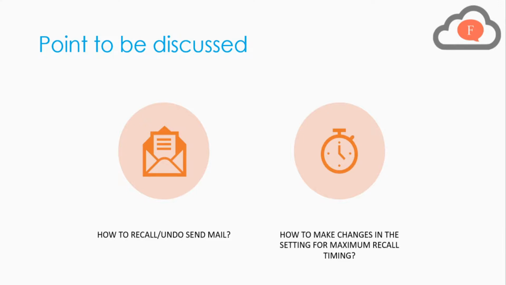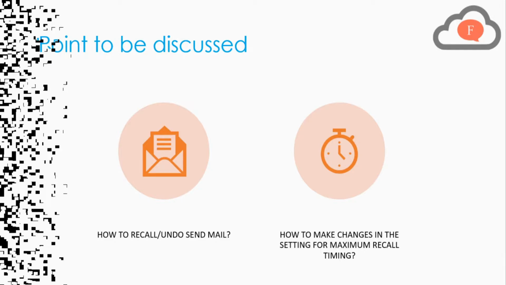So these are the two main components that you should know of, and this is the least known feature that most people know in Gmail, because certainly sometimes you send a mail to your boss or certain mails to any other person that you do not want to send, and this option will help you for correcting that thing. Now let's move forward into our Gmail account and see how we can do that.